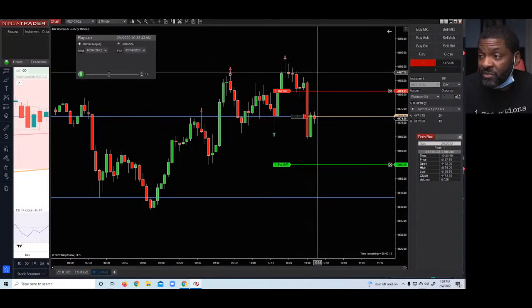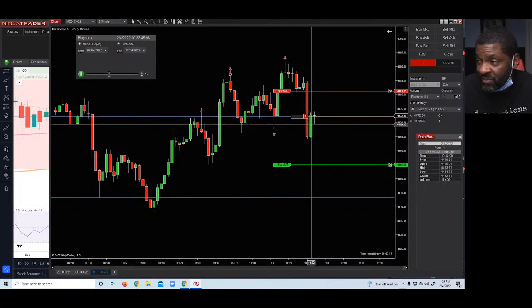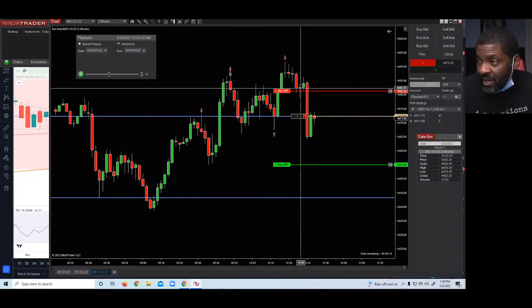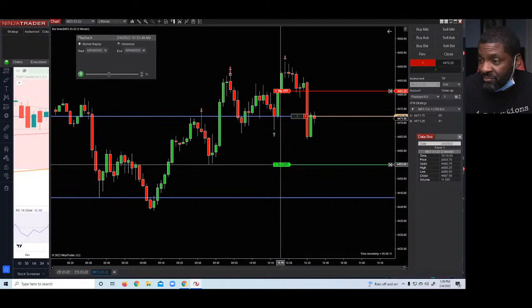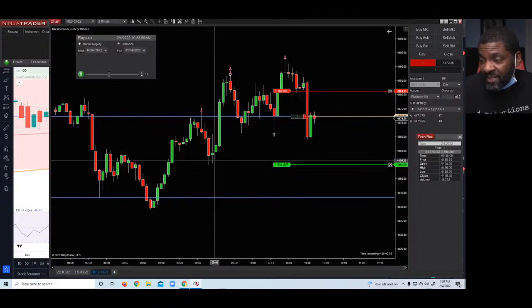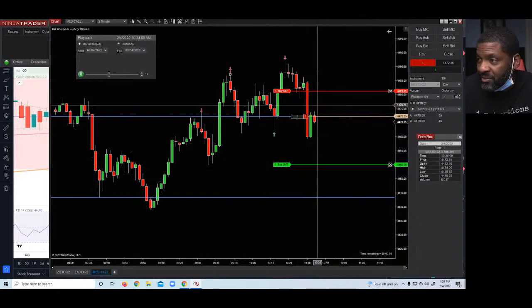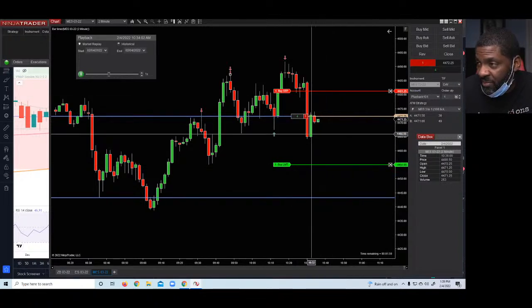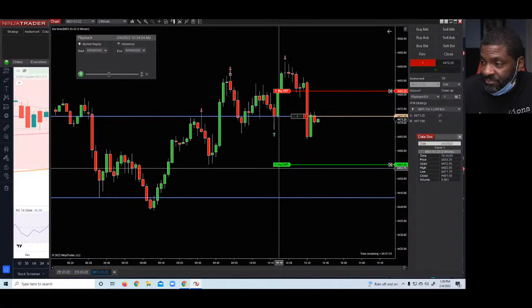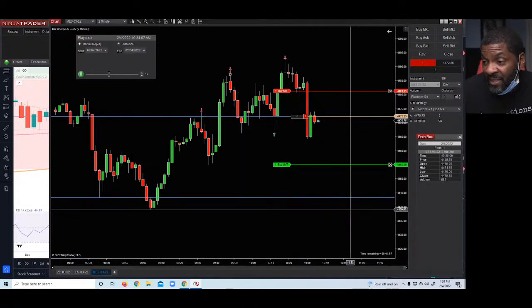But I'm not gonna increase my risk. I'm just gonna lessen my risk, right? So I'm not gonna move that. But this is where I'm trying to get out. That's my target right there. That's the target I'm going to. You know what I'm saying? On this one here, this ain't the best risk to reward setup, but it actually ended up playing out pretty well.